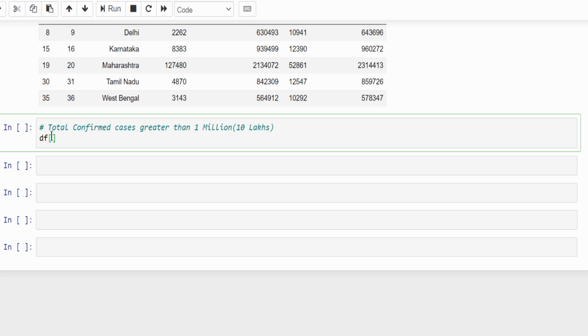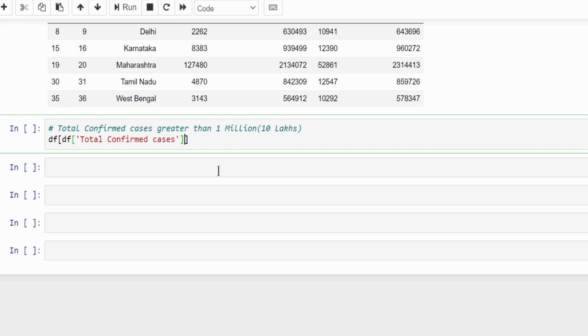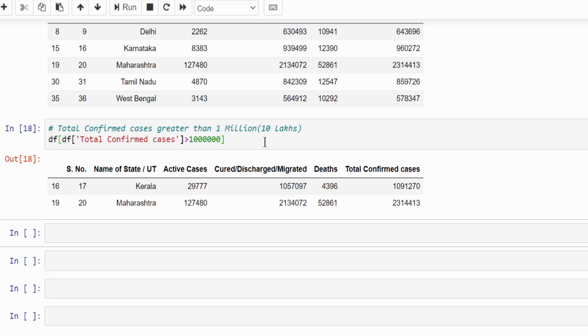Data frame, then the column name. The column name is total confirmed cases. The condition is greater than 1 million. Let's execute. So from this output we can understand Maharashtra is the most affected state in India.